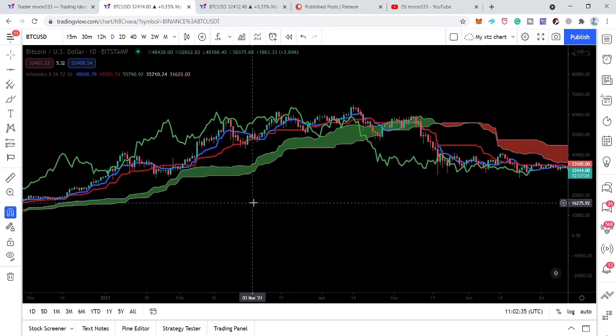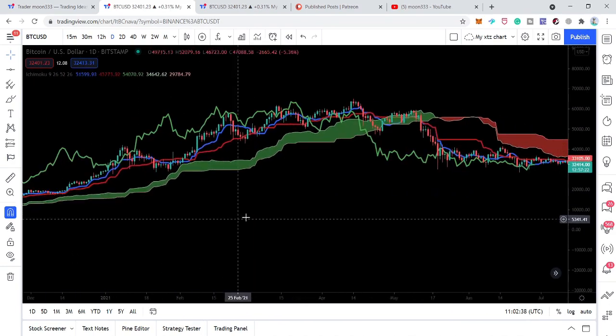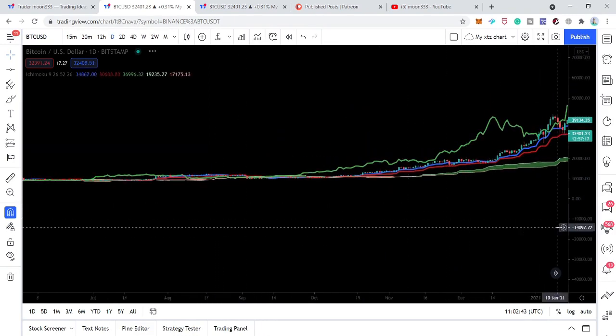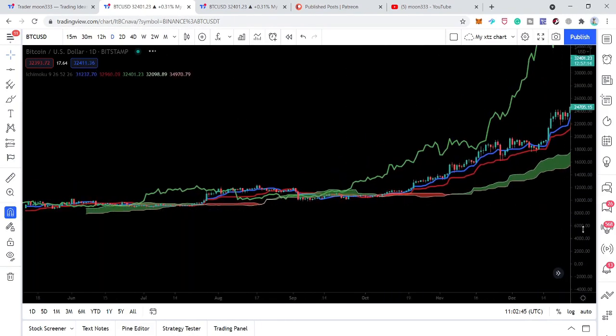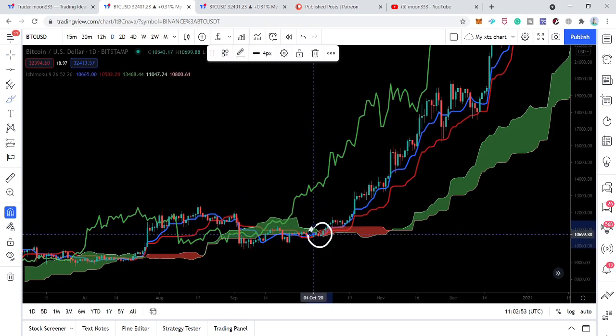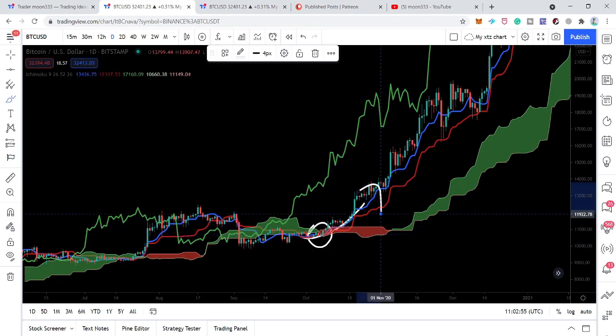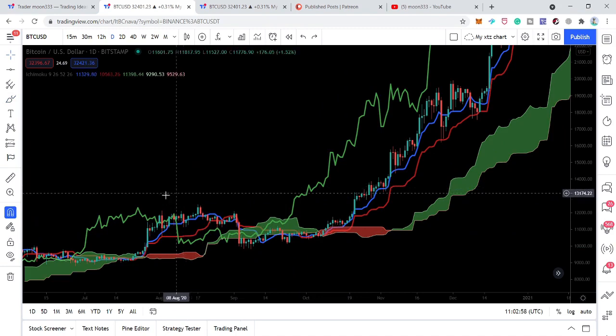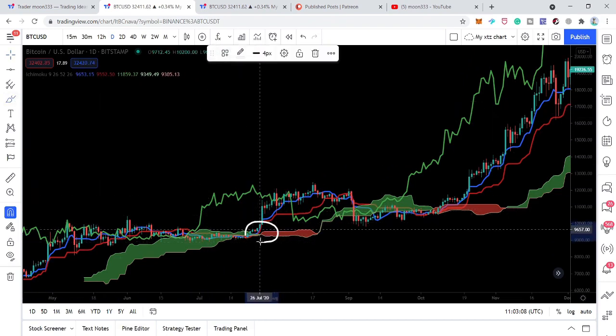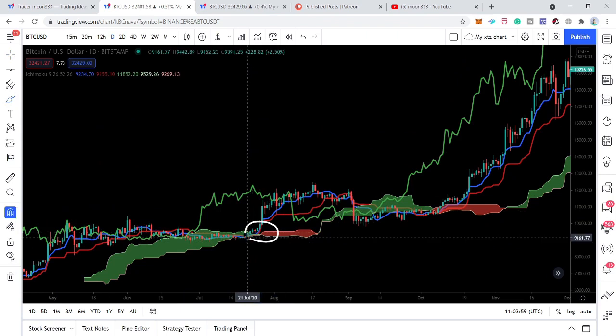For example, here previously when the price action was moving below this Ichimoku cloud, you can see the price action was below this cloud, and here the price action found this cloud very weak, and the price action crossed up this cloud and started a very big rally towards the upside. And before this, the price action was stuck here on the daily time frame in this Ichimoku cloud, and here the cloud was very weak, you can see, and the price action was successful in crossing up